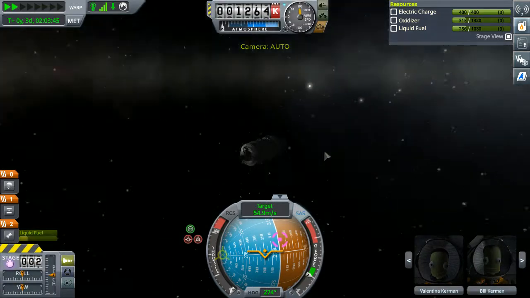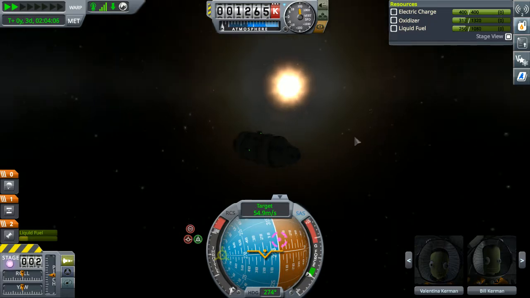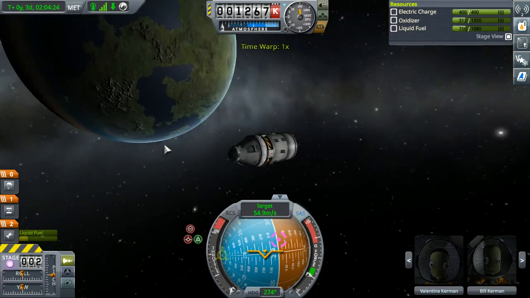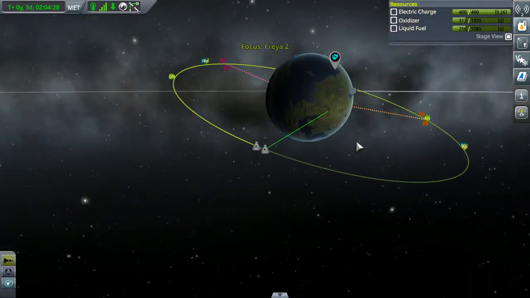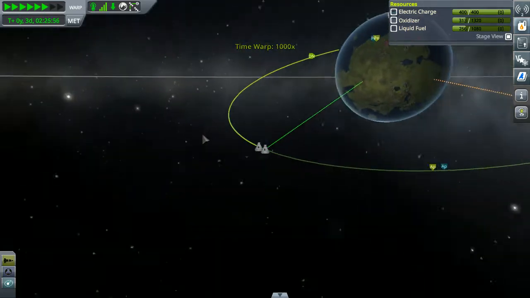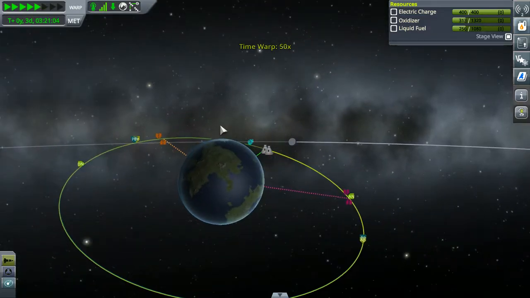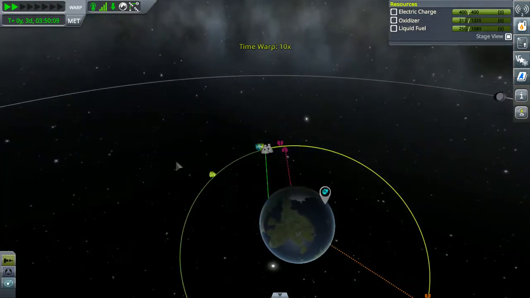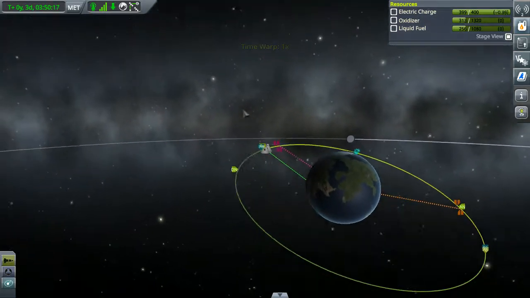That's fine, because we don't actually have to complete the contract in this exact mission. This contract today was all about bringing home a stranded astronaut. So let's just worry about bringing them home, shall we? And once again, it's because I'm a sucker for punishment. I want to bring us home